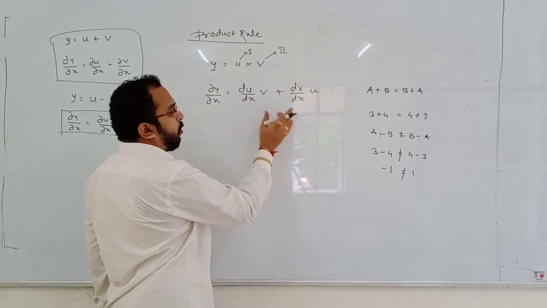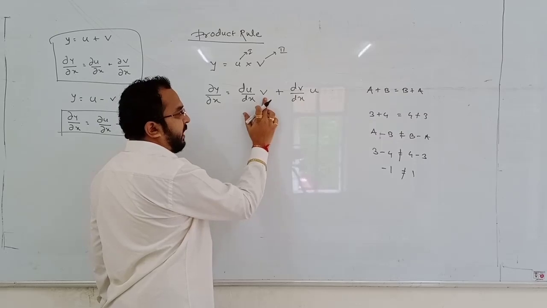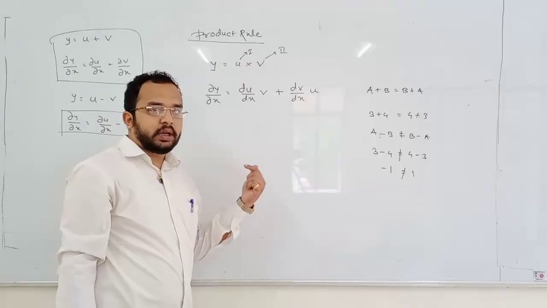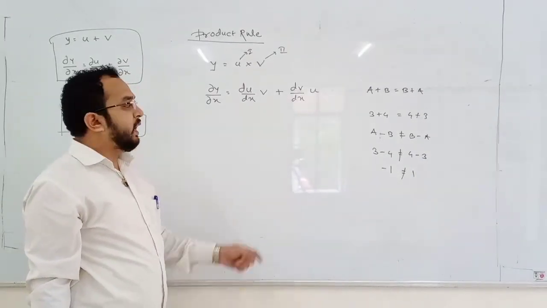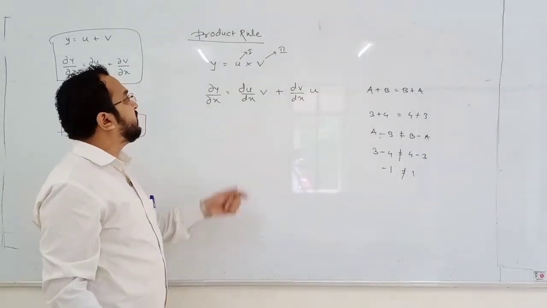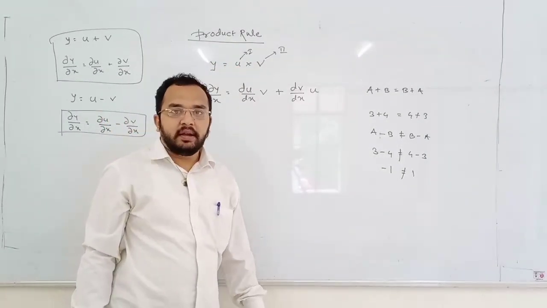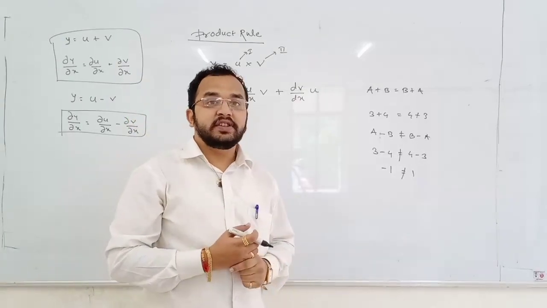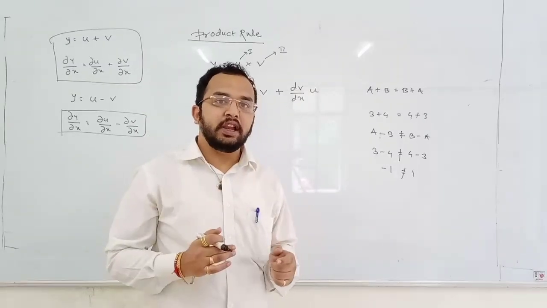Okay. So there is no problem if you interchange them: differentiation of first into second term plus differentiation of second into first term. You can write it the other way around too. But let me tell you why we write it this way. First do the differentiation of first. Remember this thing. Because the product rule is like this, but in the quotient rule there will be a negative sign here. And for a negative sign, you can't interchange the sequence. Suppose it is a minus b, then it must be a minus b; you can't write b minus a.